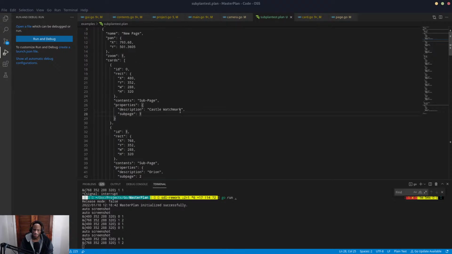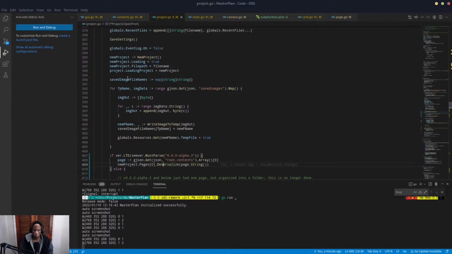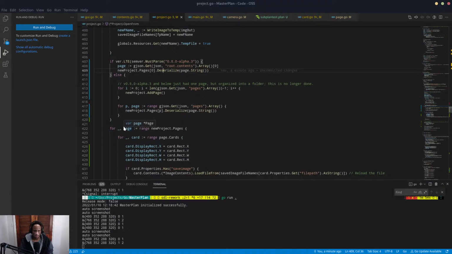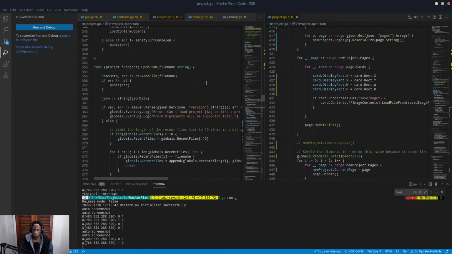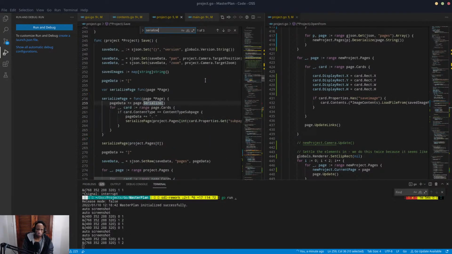Why is Orion second when we're saving it? All right, so we serialize the pages. This is when we open it. Hold on. I'm going to assume that there's some kind of mix up when it comes to serialization and deserialization. So serializing a page,